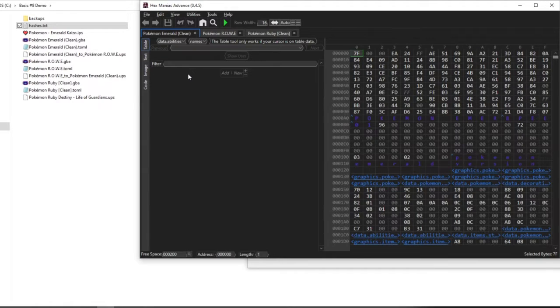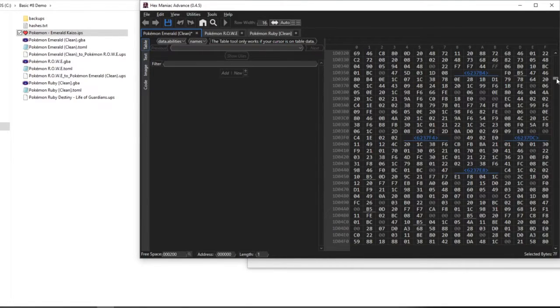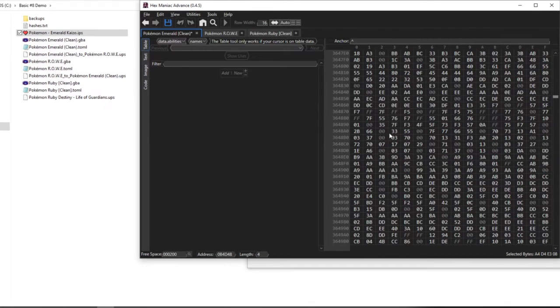Now if I want to apply a patch onto a clean ROM, just have the patch open in File Explorer, and all you need to do is drag the file onto your open ROM in Hex Maniac Advance, and it will patch it automatically. Since I know and have played Pokemon Emerald Kaizo, I know one of the changes it